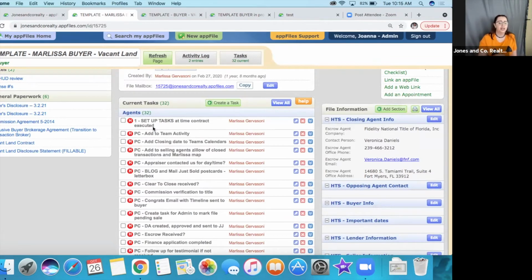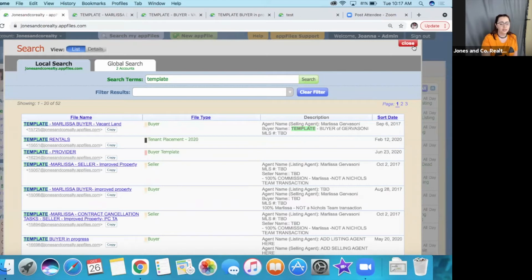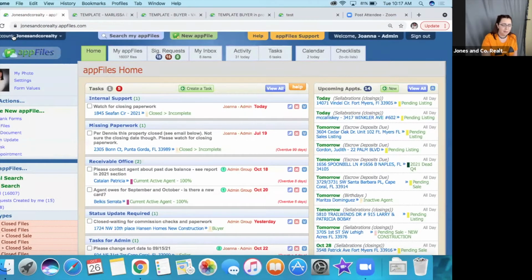So what you would do is, let's say we copied this file over, right? And this is now our Jane Doe file. What you could do is come through once you're under contract and you can edit each of these tasks and attach dates to them now. So you know all the things that you need to do because you're not recreating the wheel, you're not forgetting about escrow, you're not forgetting about financing contingencies or anything like that. Just go in here, open your contract, plug in the dates for what you need, and now everything will show up on your main dashboard for your deals of what you need. So once you assign them to yourself,